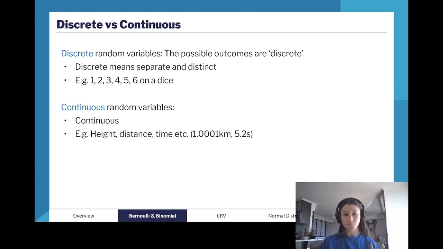So now let's get on to the bulk of our discrete random variable content for today. So what we're going through today for our discrete random variables is we're going to be going through Bernoulli sequences and binomial distributions. So this is the content that is really specified in your syllabus. So we're going to be going through